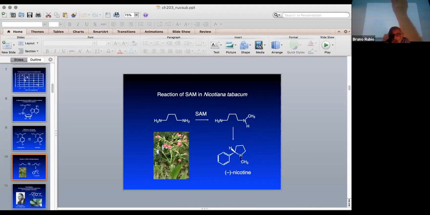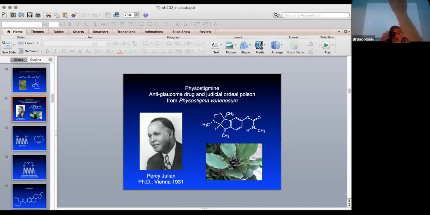It was a biological SN2 reaction in which the SAM delivered that methyl group to that nitrogen atom. Oh, and there are many, many other examples. Here's another example, physostigmine. I see a lot of nitrogen with a lot of methyl groups on them. How did they get there? SAM was the substrate, and those nitrogen atoms